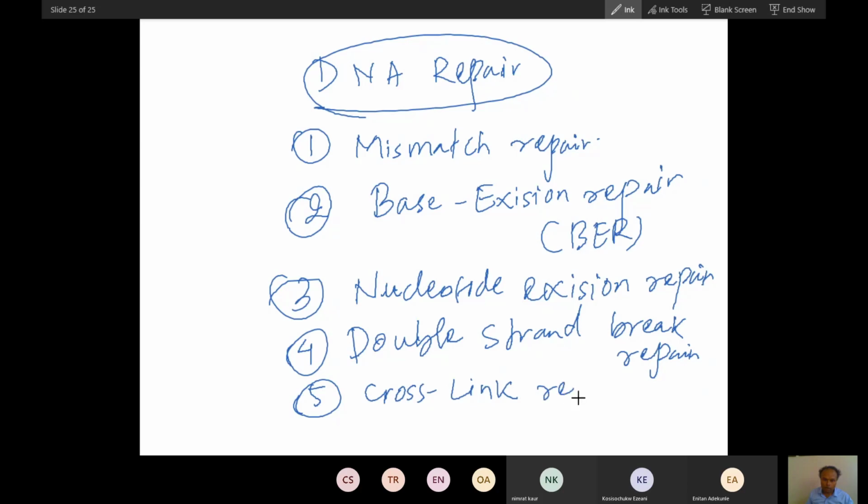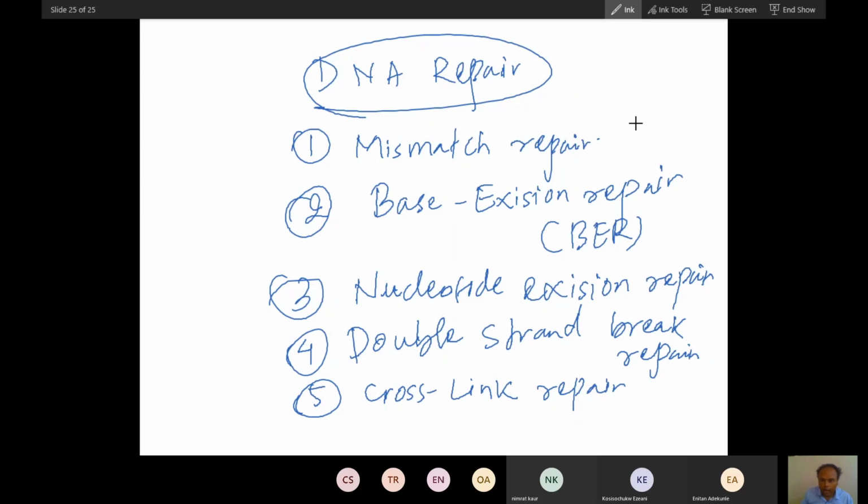This repair mechanism also gives you an insight into the type of damage. Mismatch repair means a mismatched base pair was added, so it is called mismatch repair. This also gives the type of damage, and in base excision repair, that damage is that the base is removed from the nucleotide. I will tell you about this defect in that class.